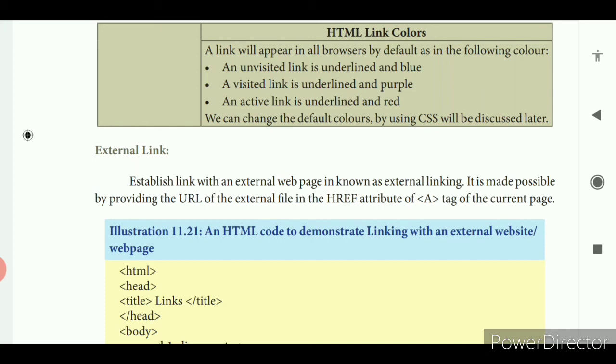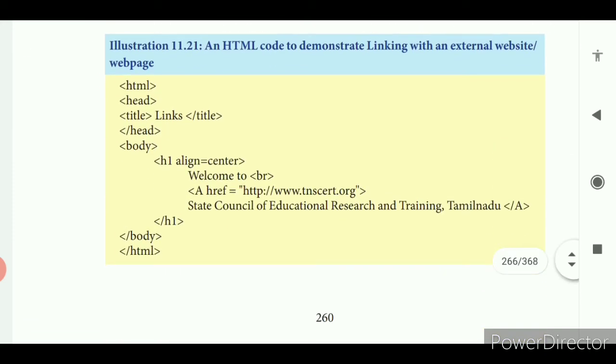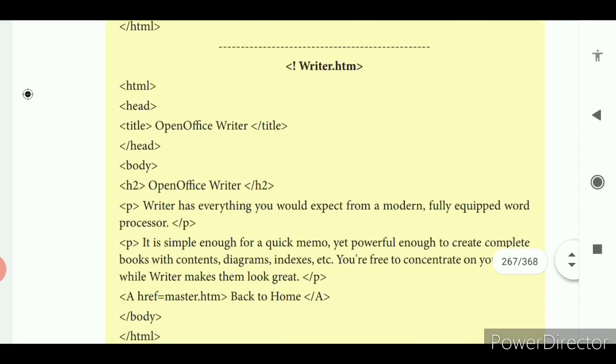It is made possible by providing the URL of the external file. Then you have to use the A tag, the anchor tag, along with the href attribute.